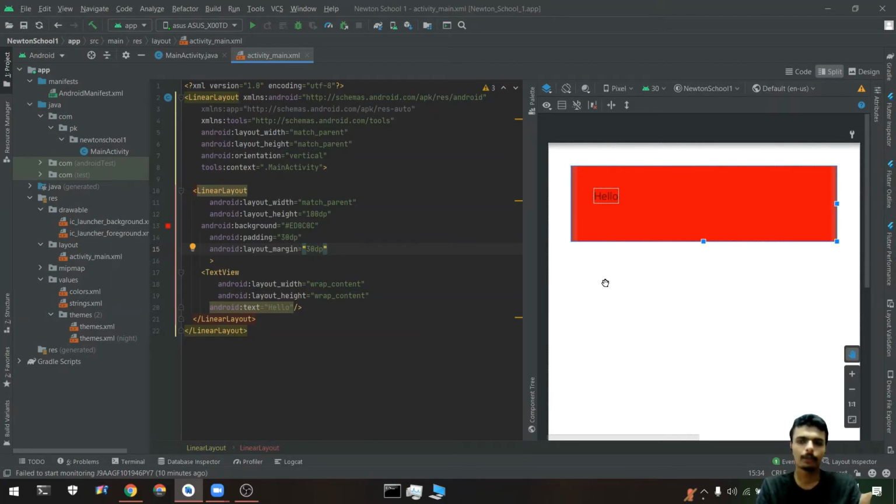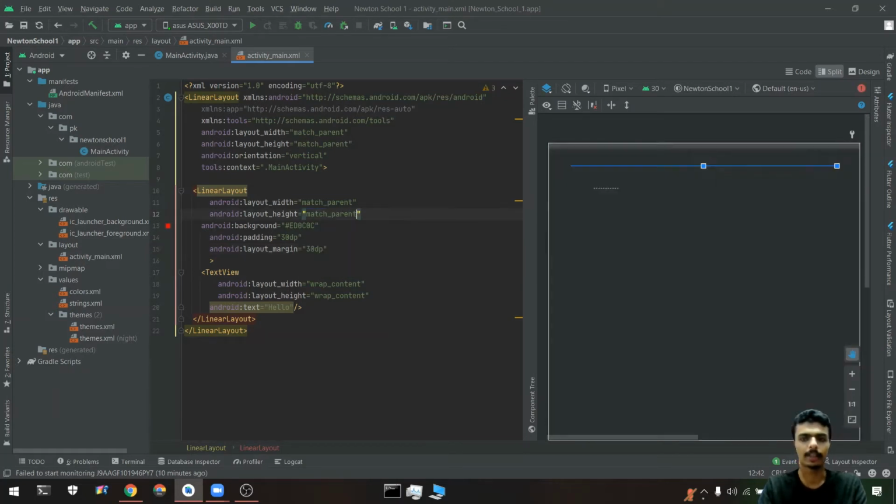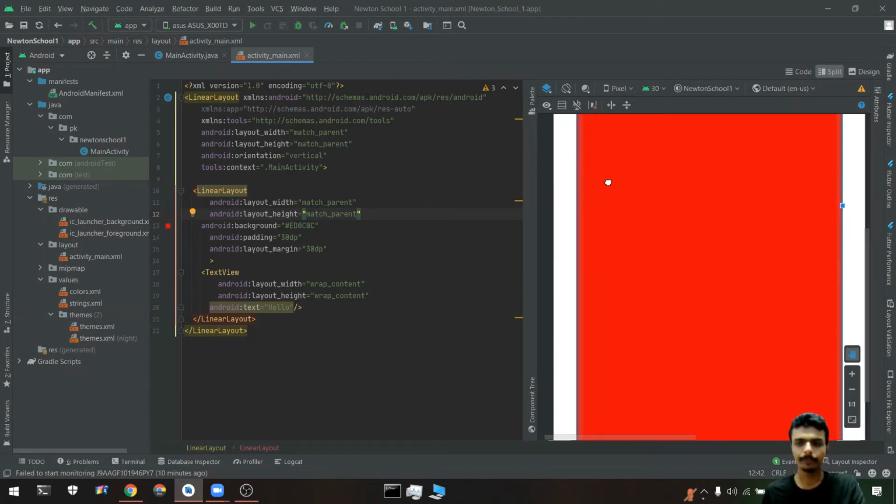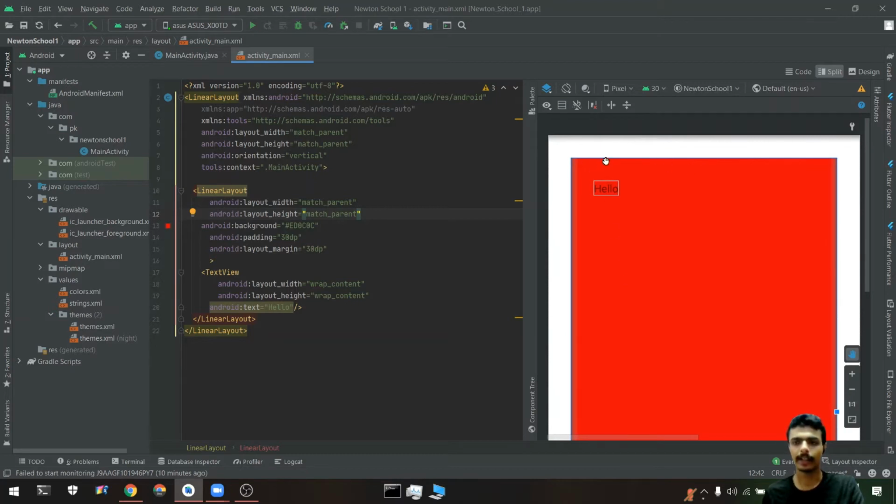If it were from the bottom also, it would have done the same way. Suppose that I write it from the match parent only. See, it's 30 dp from the bottom also. So it creates a margin from all the sides.